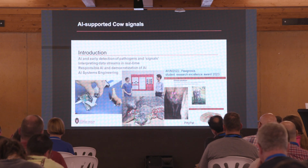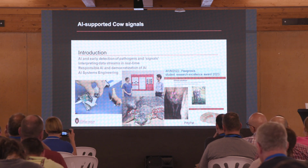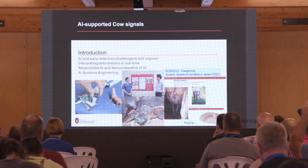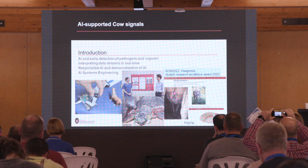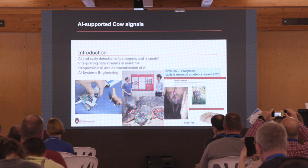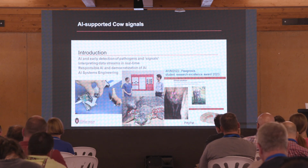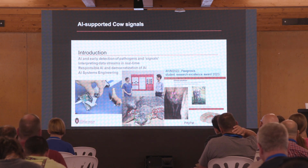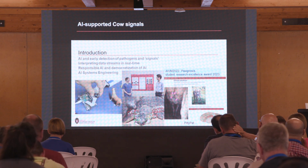I'm sure that there are people in the room who would adopt these principles within an afternoon. And there are so many tutorials out there that can teach you how to create your own AI-supported cow signal detection systems. On the left-hand side, you can see a Raspberry Pi. This is a portable system with a tiny camera between my fingers. It is often used to create training situations. In the middle, you see two of my students who actually won an award of excellence for their research